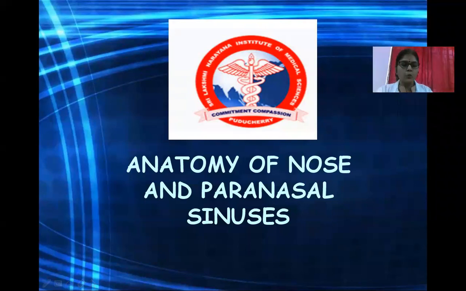Good morning, everyone. Today we'll be discussing the anatomy of the nose and paranasal sinuses. As we all know, at the end of 4 weeks of intrauterine life, two epithelial thickenings called nasal placodes appear on the head. Each placode is bounded by a medial nasal prominence medially and a lateral nasal prominence laterally. The placodes deepen by virtue of overgrowth of the mesenchyme of these prominences and form the olfactory pits.